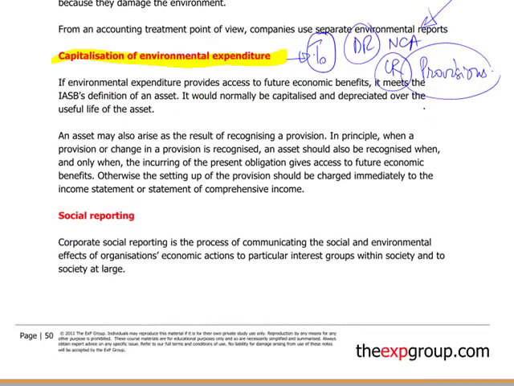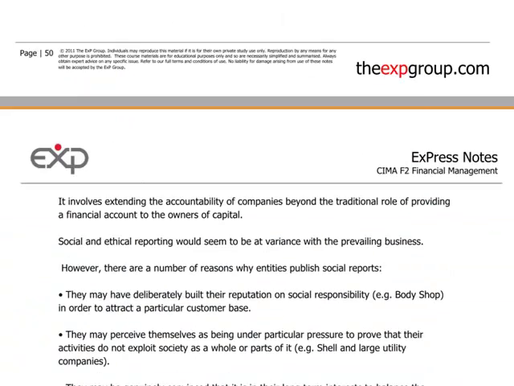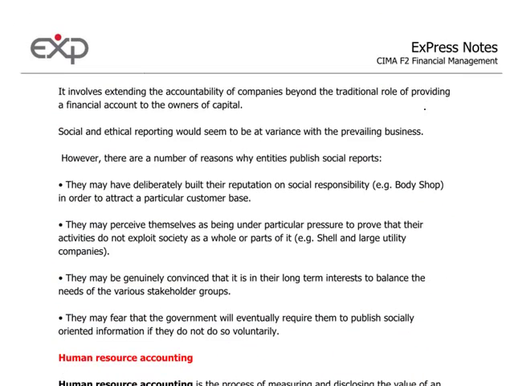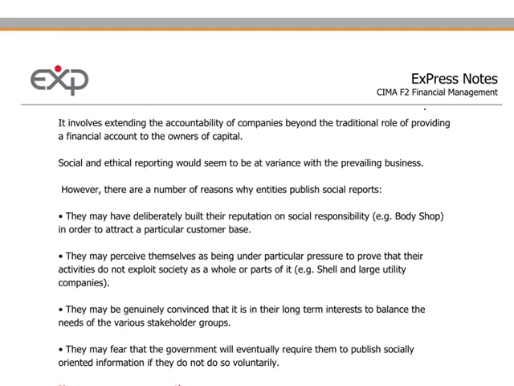And one other type of report, which is encouraged to be used and addressed in order to enhance the ability of stakeholders to make decisions on the annual reports, is social reporting. Now, with social reporting, it's again a huge debate. You just have to be ready for a bit of a debate, but you probably are aware Body Shop has been very much focused on social responsibility, on working ethically and so on, because they wanted to talk to a certain customer base and attract them.